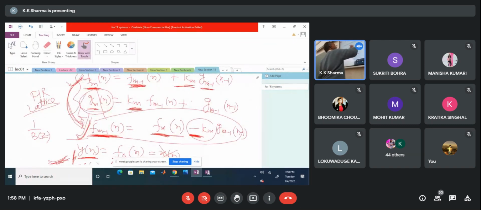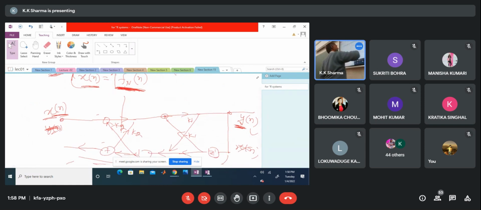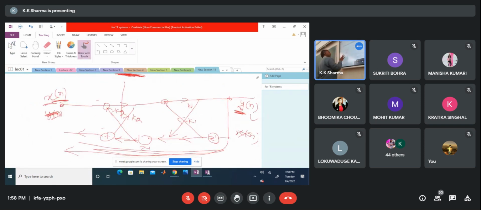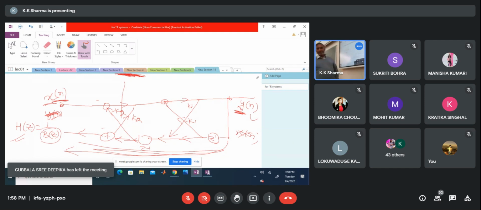My equation for this GM remains same as it was for FIR system. Point is, यदि मैं कहूं कि summary is this, suppose I give you that, give me the latest implementation of this IIR filter, क्या करोगे? You will find out K1 and K2, which you are doing for a FIR filter. यदि मुझे FIR filter B of Z बनाना होता तो मैं K1 K2 निकालता कि नहीं निकालता?